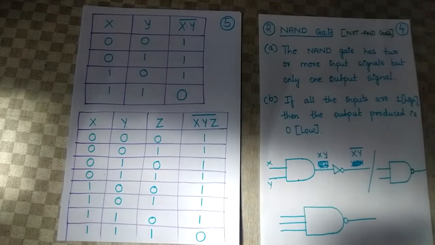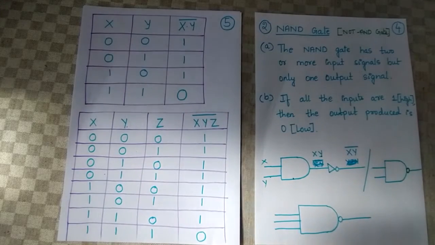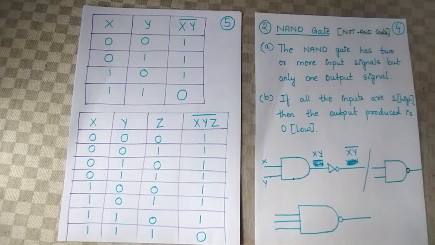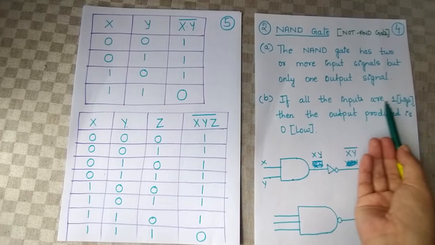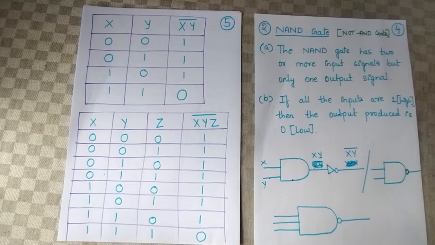Now let us take an example for the truth table with 2 inputs. So now there are 2 inputs x and y. When I take 2 inputs, we should get 4 combinations of values. Now how does the result have to be generated for NAND gate? It is clear. If all the inputs are high, then only you will get the output as low, whereas in all the other cases the output is going to be high.